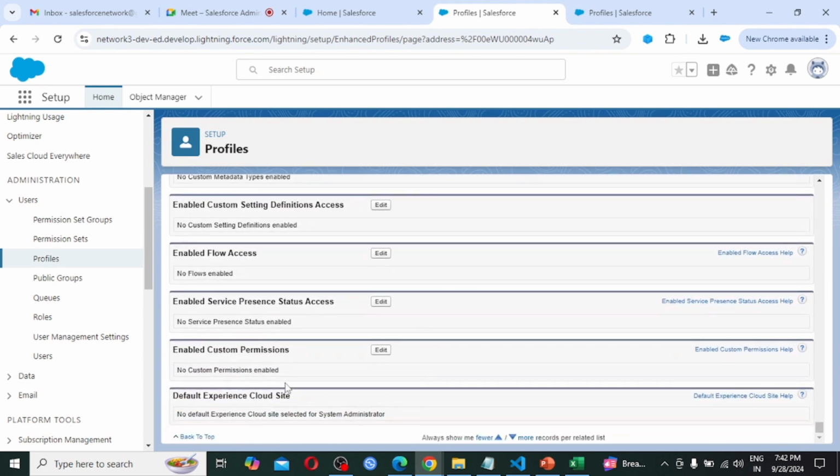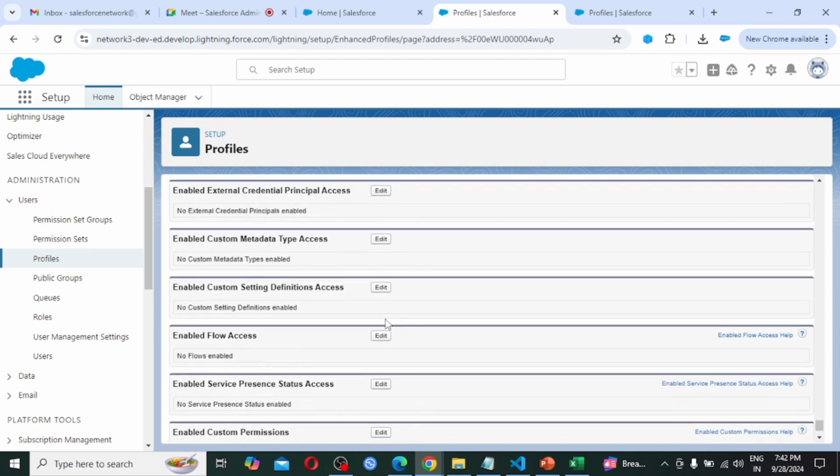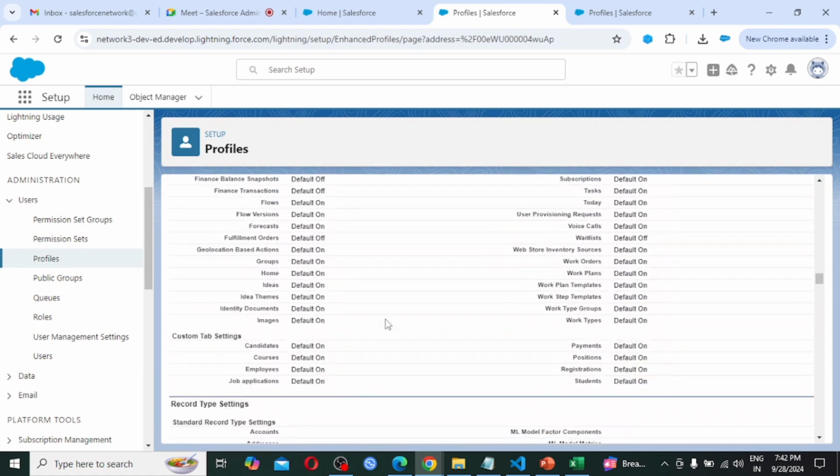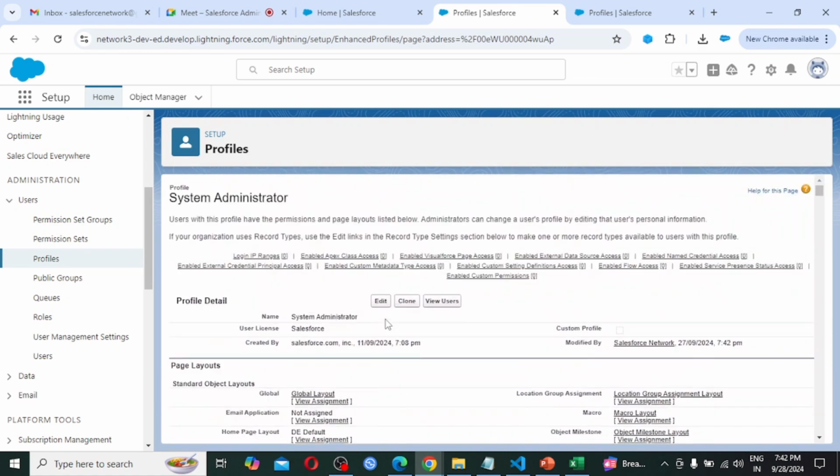We are going to see them in the coming sessions. Maybe some of the things are going to be seen in the development session. So these are the basic profile settings we had seen for system administrator. This much of settings a Salesforce administrator has to do.